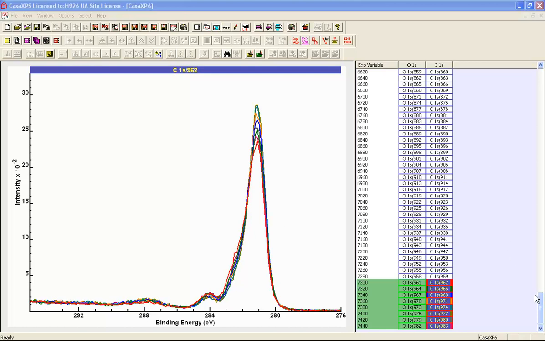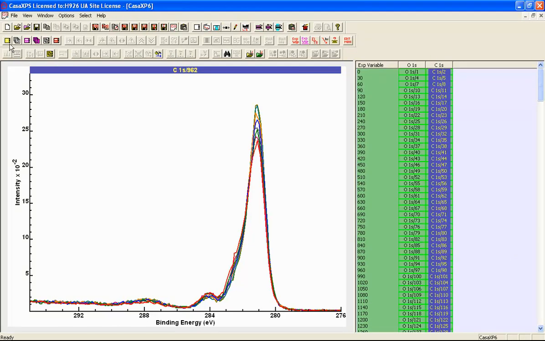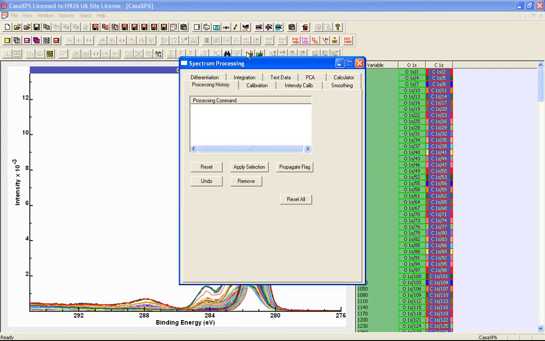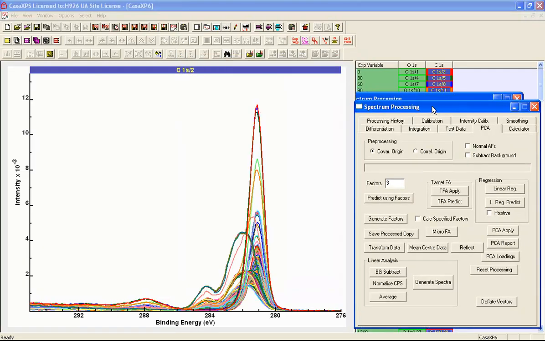However, since we have a large number of such spectra, and for the most part these spectra are similar, we ought to be able to apply principal component analysis to reduce the influence of noise on these data. The PCA property page allows us to calculate the principal components for this data set of carbon monomer spectra, and we can do this by specifying the number of principal components that we would like to calculate, and then we can indicate that we want to calculate all 30 of these that I've specified, and then I can say generate